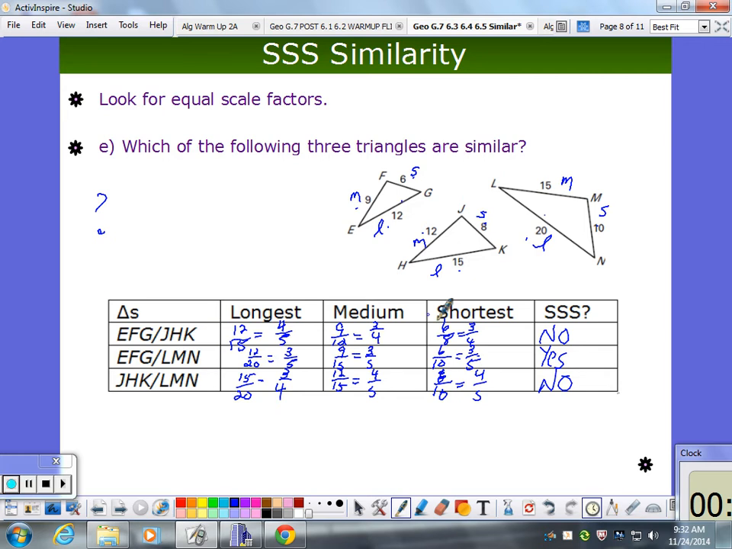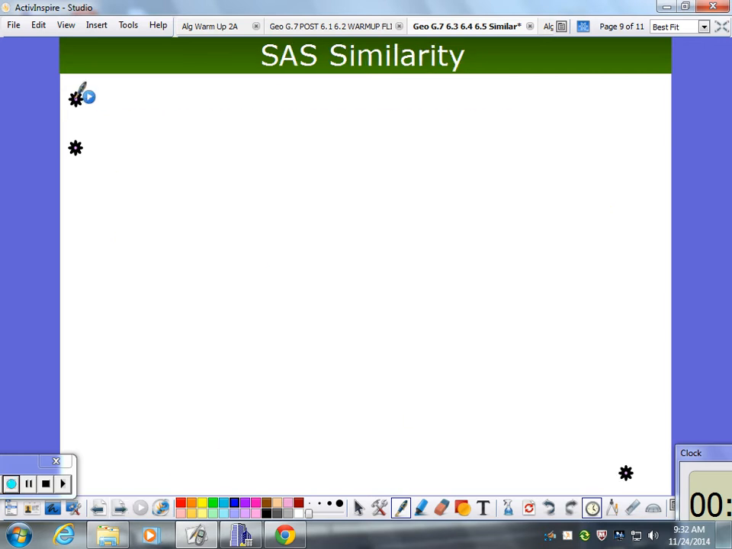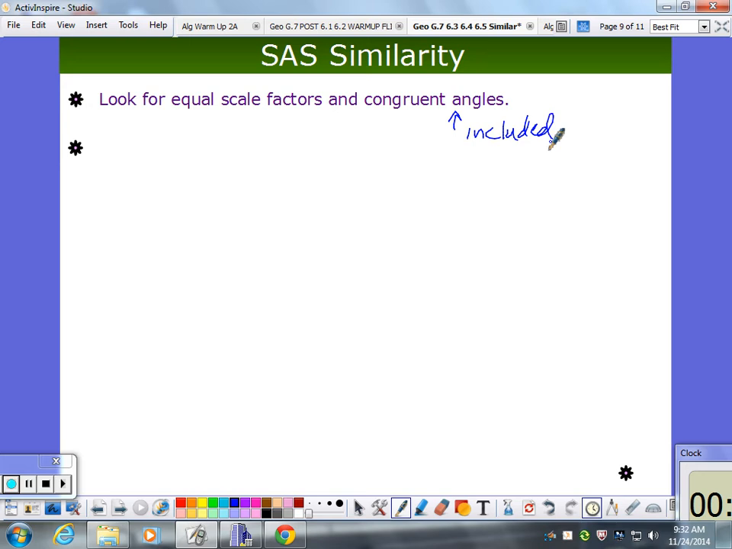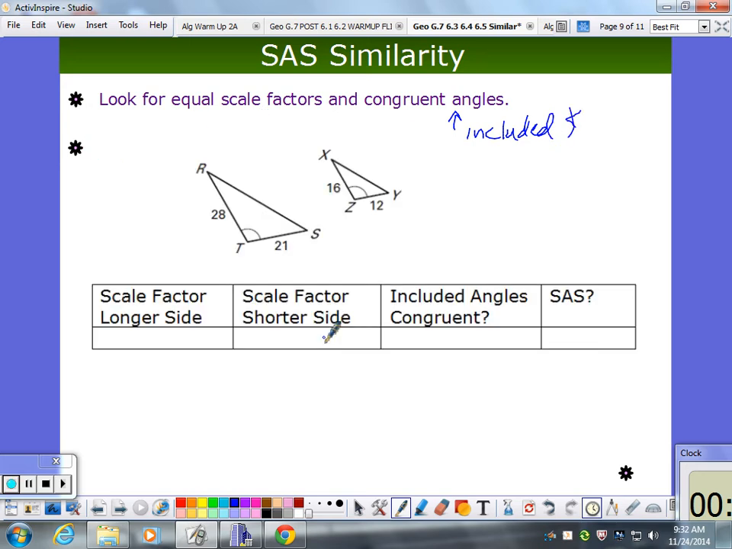So I like this little table, it just helps me compare what's going on. Looking at side angle side, I need equal scale factors and congruent angles, where this is an included angle, meaning it's in between the two sides that are in proportion. So I want to know, and this is an example near the bottom of the page,